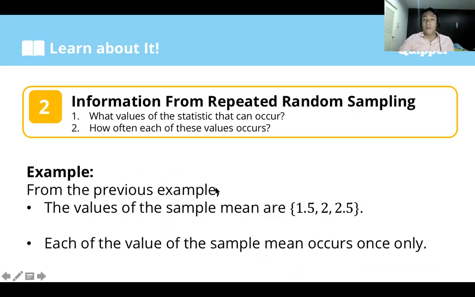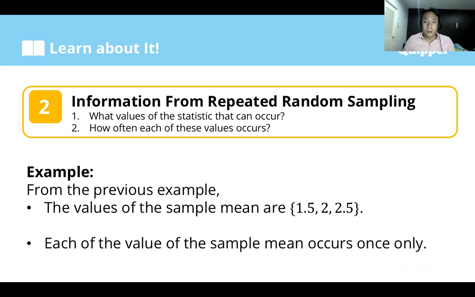The information from repeated random sampling. Okay, what are those informations? First, what values of the statistic can occur? Second, how often does each of these values occur? Those are the two main pieces of information that we need to know, okay, para makuha natin yung sa probability